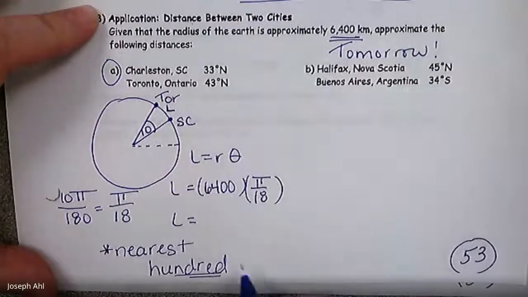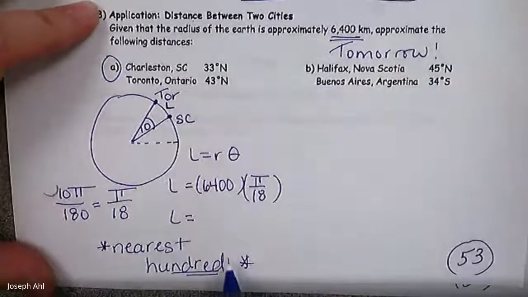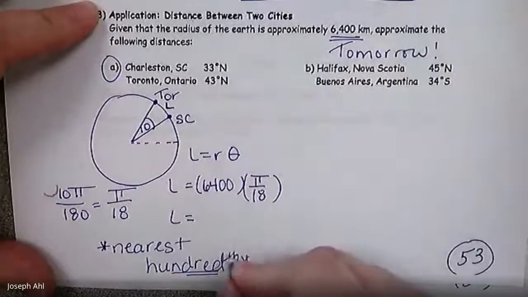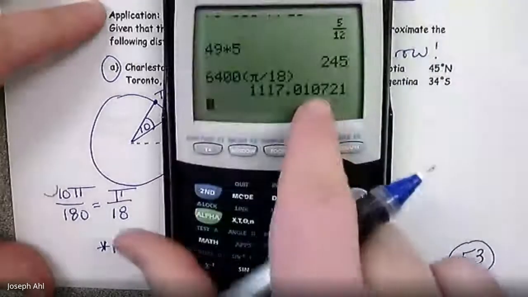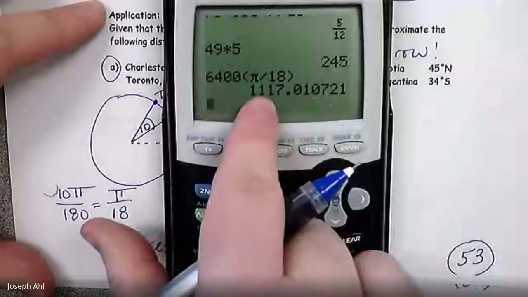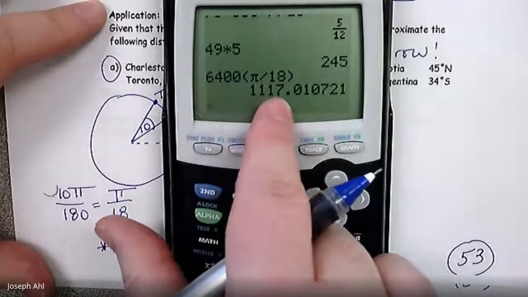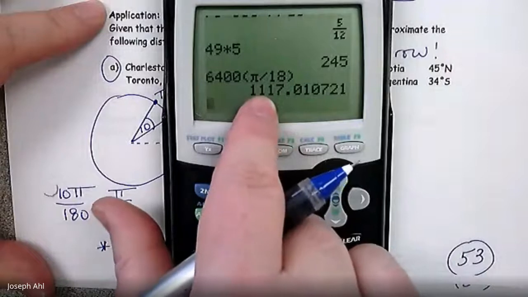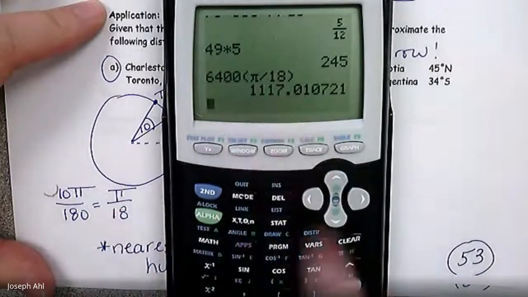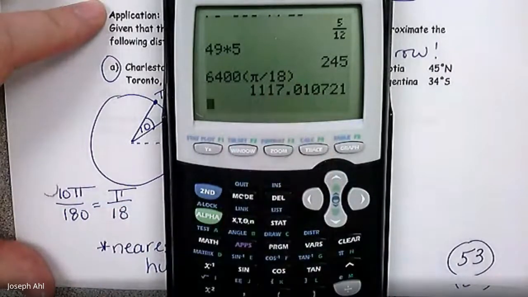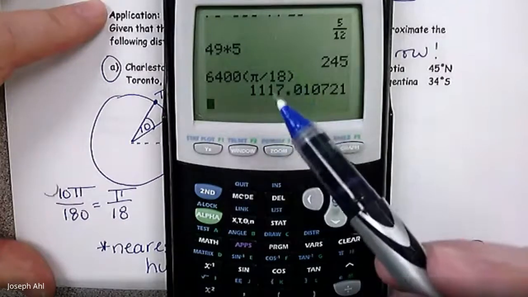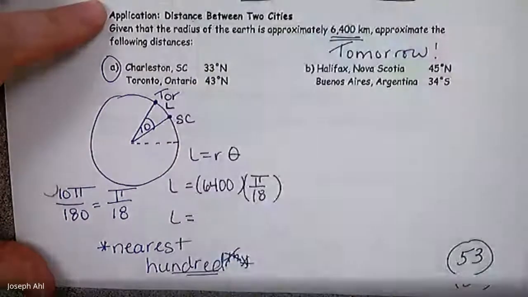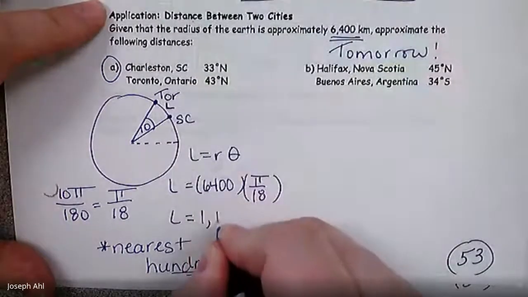100, not hundredth. Okay, so not this thing where we go to 2 decimal places out. We might actually round to the nearest hundreds place, right? The ones, the tens, here's the hundreds place. So if I want to round here, I would look at what comes after it and say, based on the fact that this is a 1, that's going to stay a 1, so therefore it's approximately 1,100